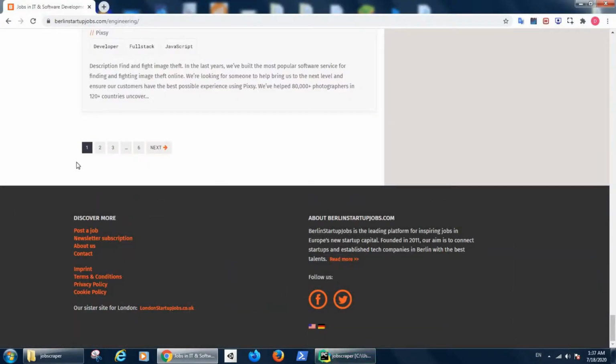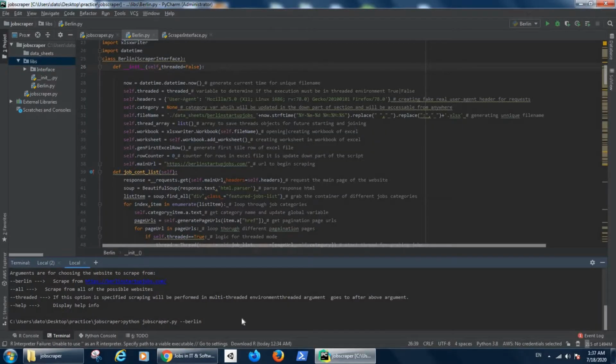When you provide this thread argument, it will create a multi-threaded mode, and it will fetch all of these 6 pages in parallel. So it will take the time needed for only one page in the non-threaded mode. So you can just run it from there like this,